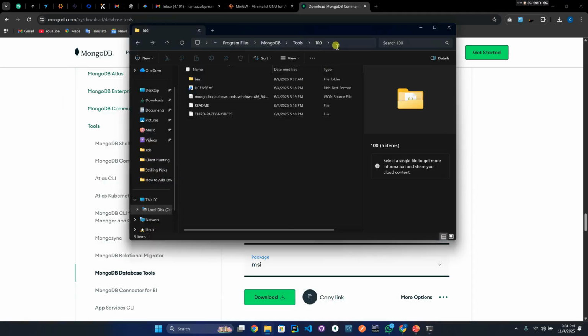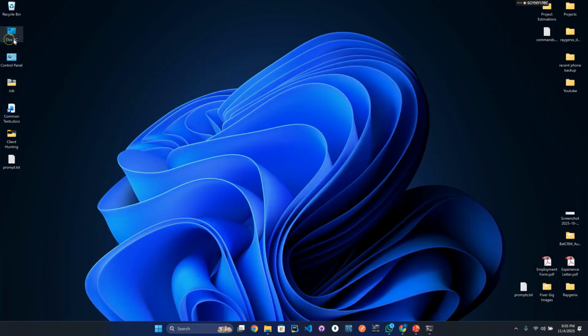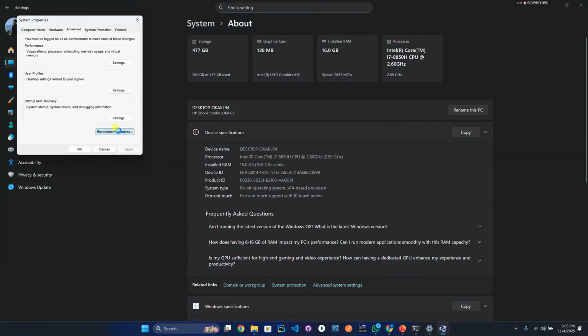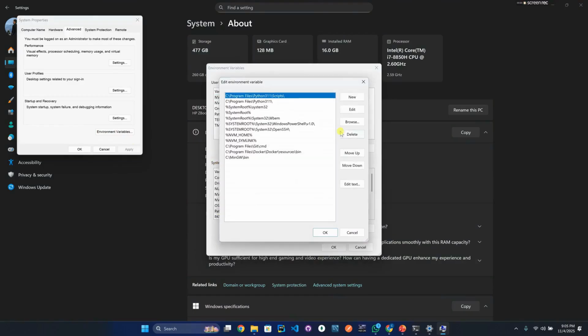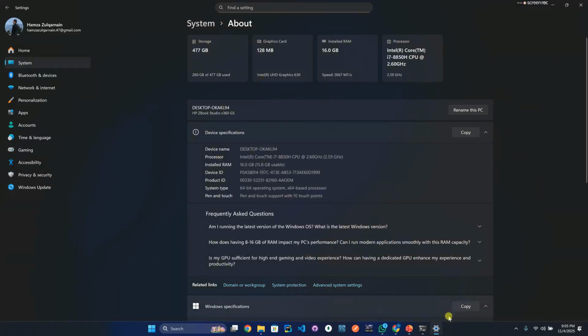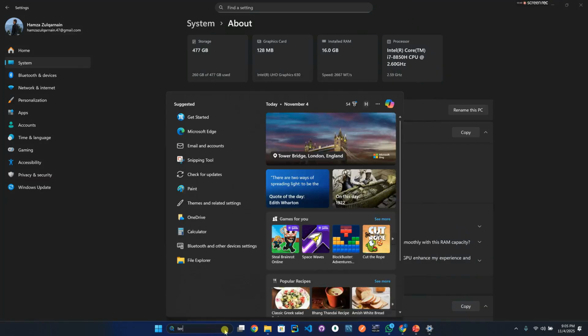So to solve this, we need to go inside the bin directory, copy the address from address bar, go to the desktop, properties, advanced system settings, environment variables, and locate the path variable under system variables. Click the edit, click new, and paste the address copied from the address bar here and click OK, OK, and OK. If the terminal is open, close it and open a new terminal